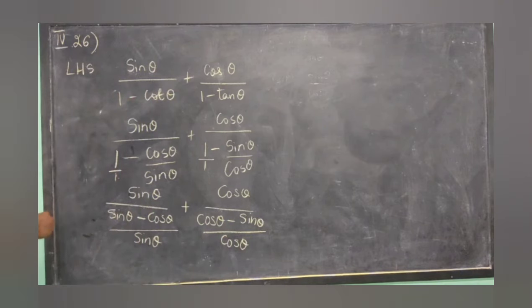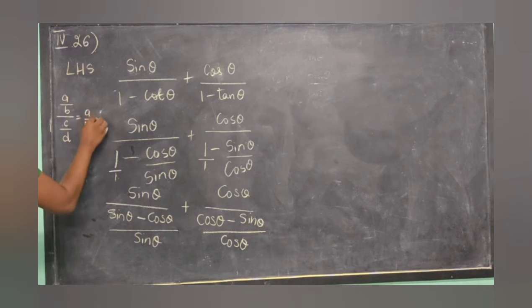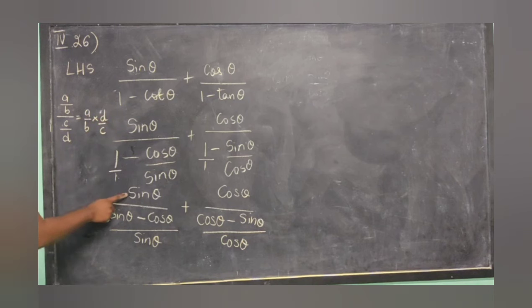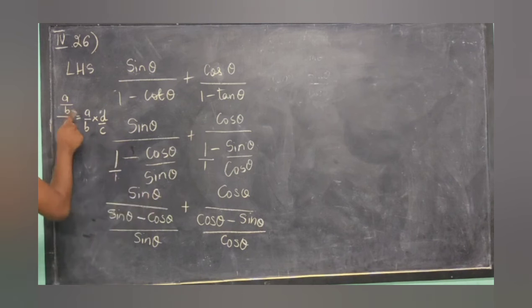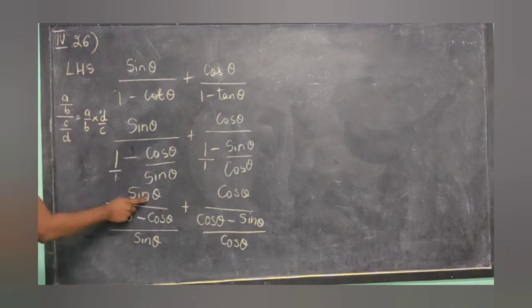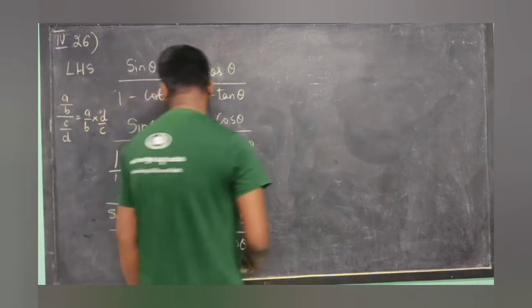Students, when you are dividing a fraction, that is a by b divided by c by d, it can be written as a by b into d by c. Now a is sin theta here and b can be considered as 1, since there is no denominator here. Therefore a is sin theta, b is 1, c is sin theta minus cos theta, d is sin theta. Now I can write it as